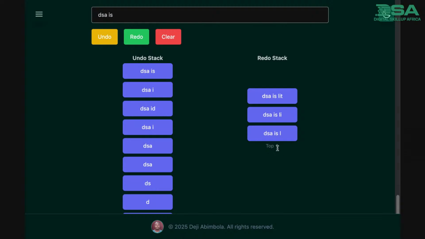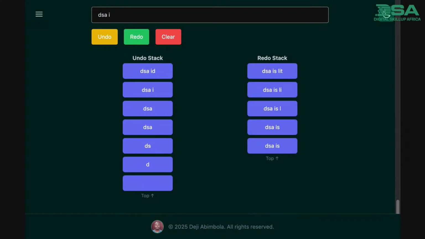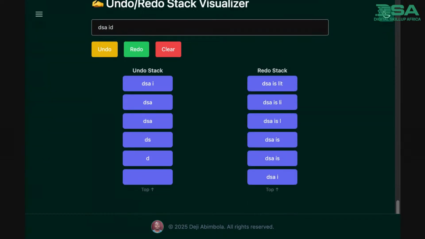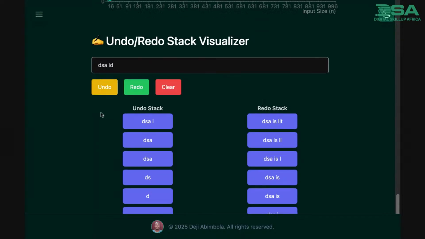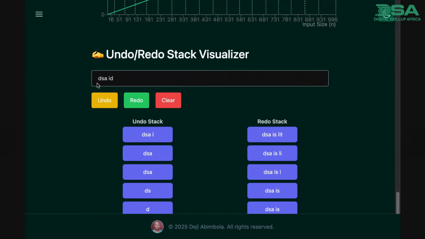You see that the top is at the bottom here, so it's going to pop the top back. Redoing, we take this element back until we get back to DSA is lit. That's how your undo and redo actually works in theory. So that's that for a stack. Now if you were to implement, say, a code editor and you want to do undo and redo, the best data structure to go with